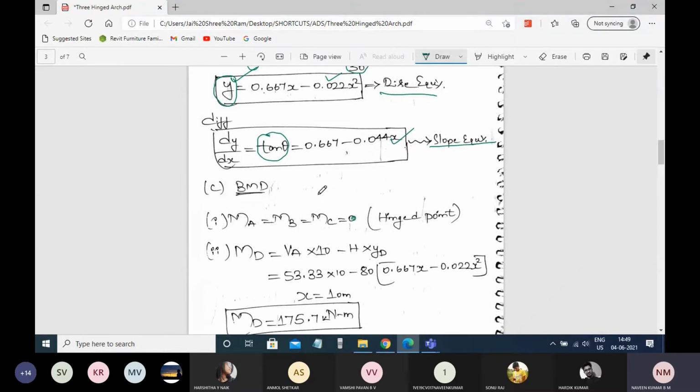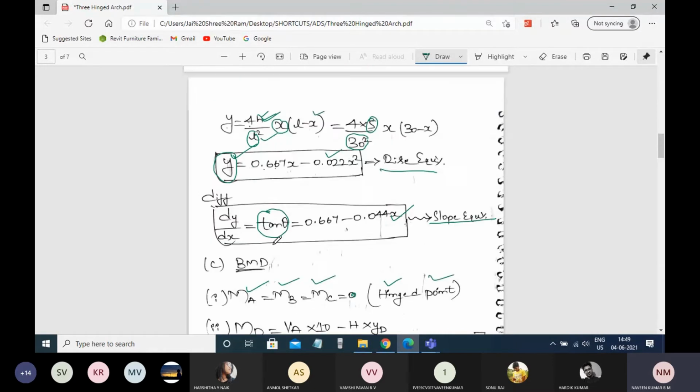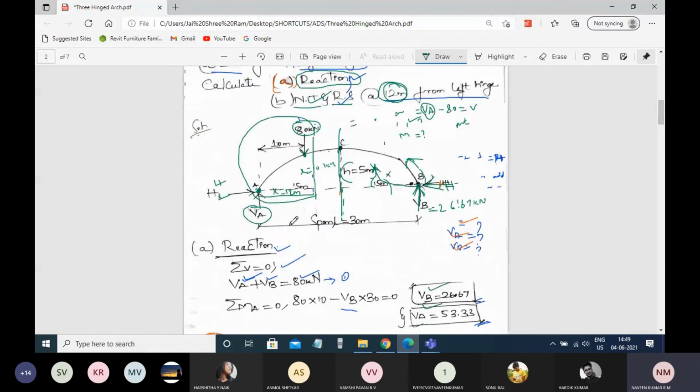Similar way, once you got this rise equation as well as the slope equation, you can find the bending moment. As I mentioned, the bending moment at the hinges is 0 because it is free to rotate because of the pin support. Understood? So next, coming to find the bending moment within the AC segment. Within the AC segment, you can see that there is a point load acting. So where can you find this bending moment?